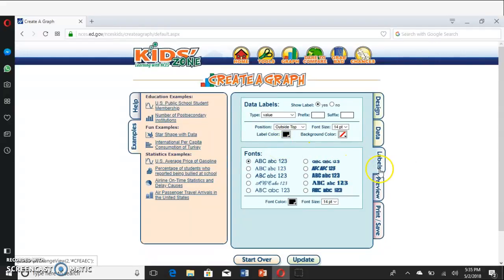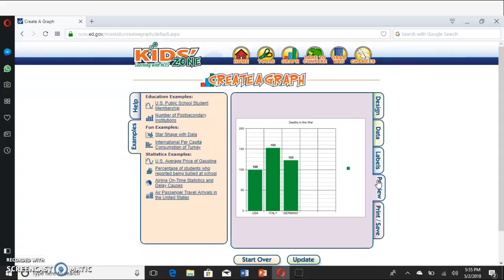And this one, that's fine. If you just want to use that, that's fine. Then that's what the bar graph would look like. Then you would print it,